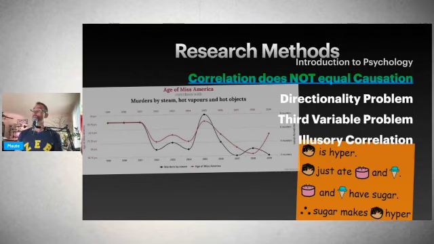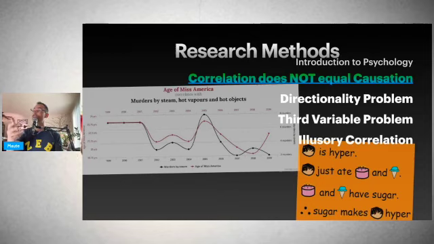You're observing your kid being a super freak while being overstimulated, but there is no connection between hyperactivity and sugar intake. Yet, we will hold on to that knowledge provisionally until more studies come about to falsify that theory. All right. And one thing I did want to draw your attention to, this correlation in the background.